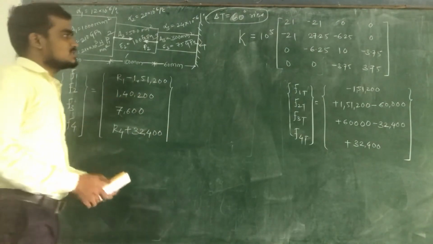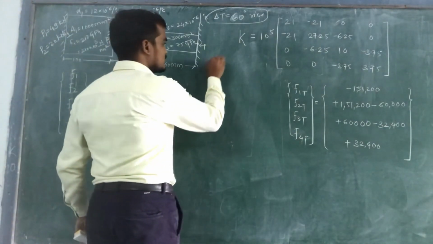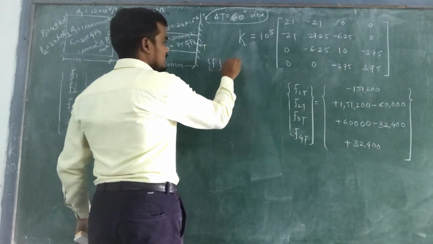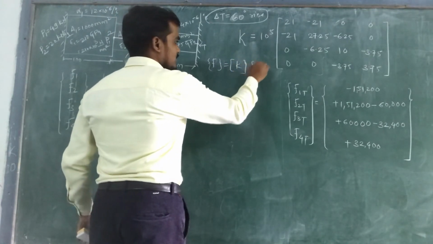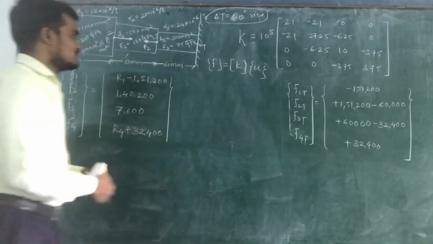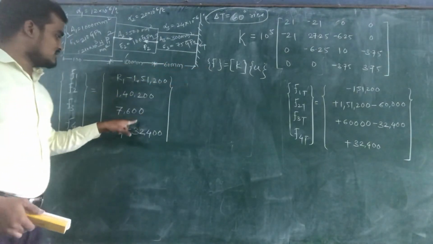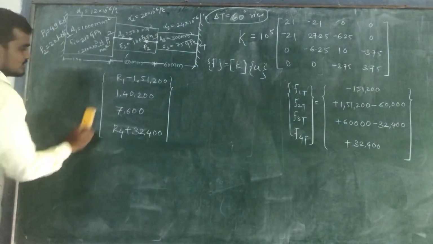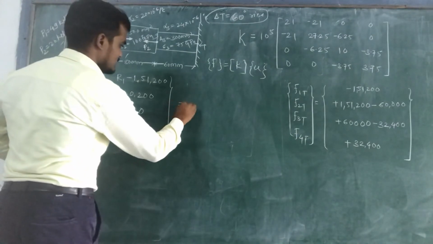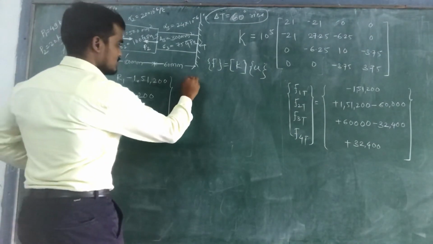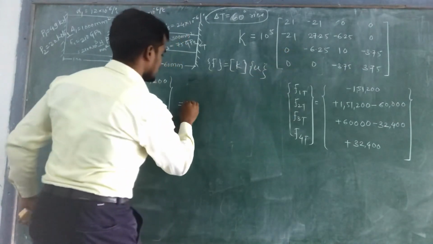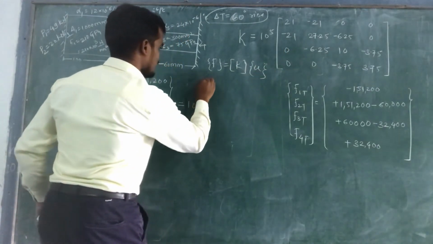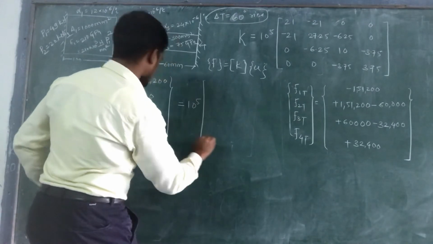So we need to construct now this force vector and displacement vector relationship. So this force is nothing but this value, is equal to K, which is nothing but your global stiffness matrix, 10 raised to the power 5 in bracket